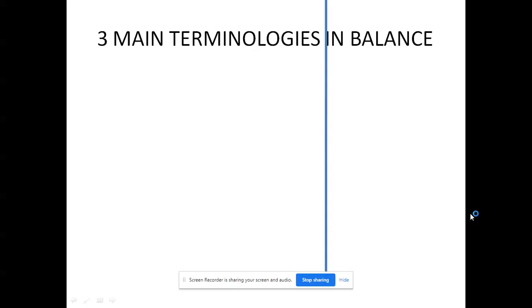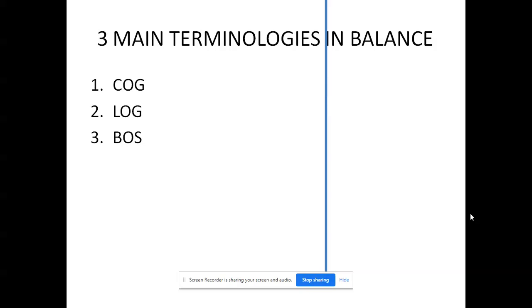Three main terminologies, that is your COG, LOG, and base of support. COG is nothing but center of gravity, which usually lies, in a normal human individual, anterior to the second sacral vertebrae. LOG is nothing but line of gravity, which passes through the COG. BOS is base of support. Generally, when a human being is standing, it is the area